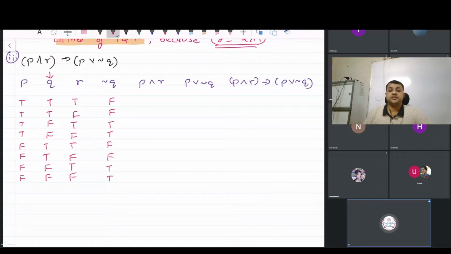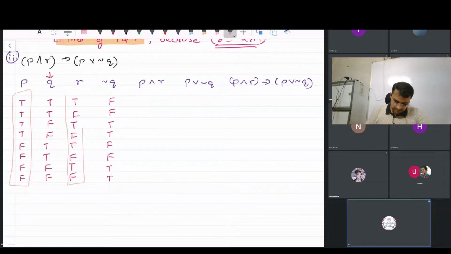Now, next thing is, sorry, not negation, P and R. So now there are 8 conditions. So be careful over here. P column and the R column. These both columns have to be taken care of over here. And the connective used over here is AND. What was the condition for AND? It was two statements, both of them, if the truth value is T, then the answer is T. Otherwise, the answer is false.